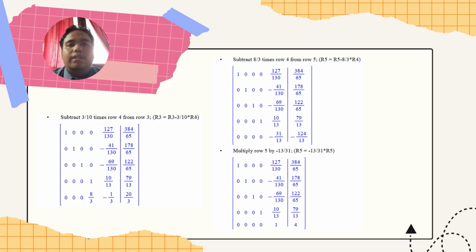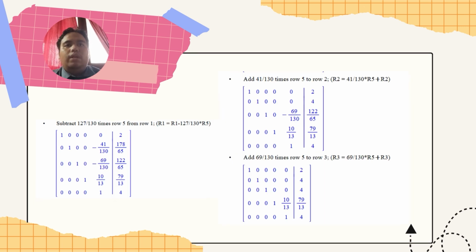Our last leading one needs to be in the fifth column. We create this by multiplying row 5 by -30 over 31. We are in the final steps of achieving our reduced row echelon form. With our last leading one in the row 5, column 5 position, we use it to eliminate all remaining non-zero elements directly